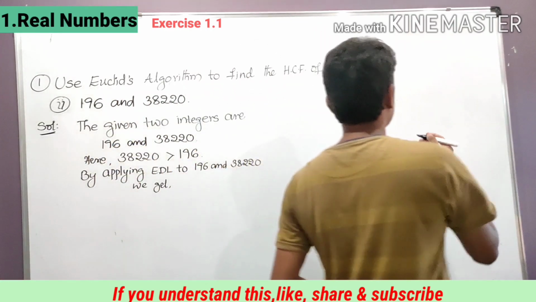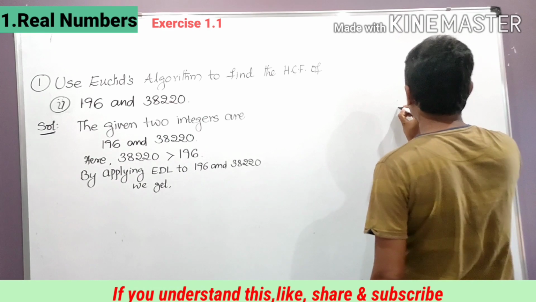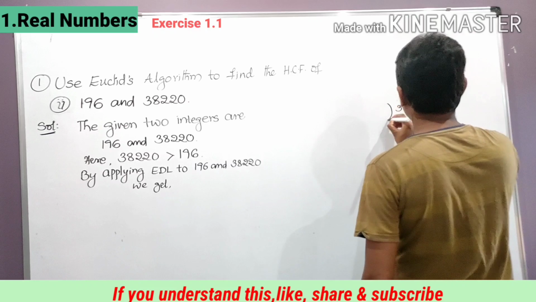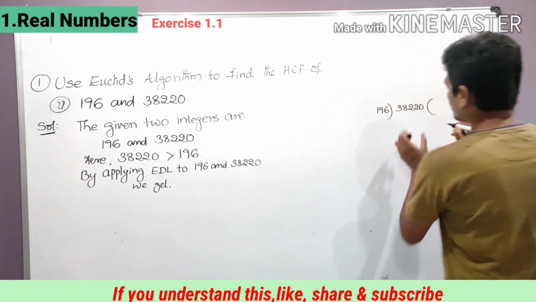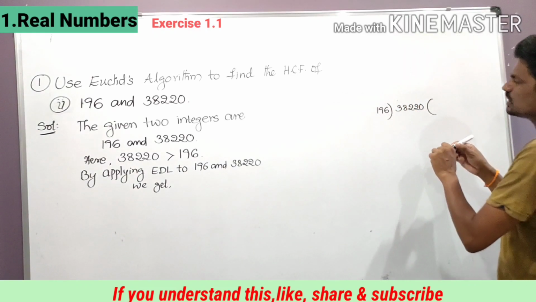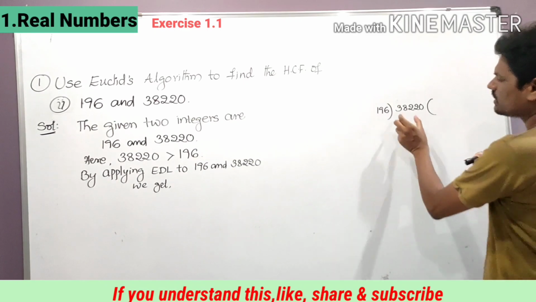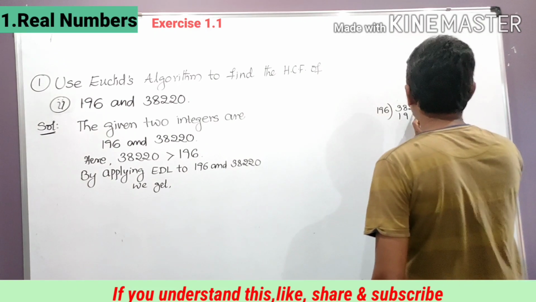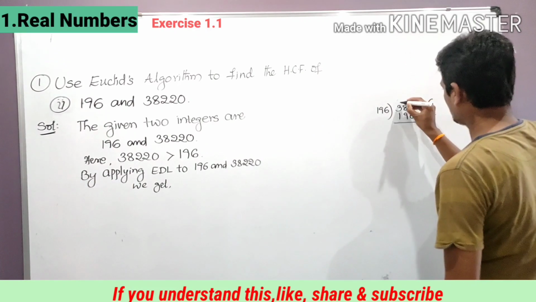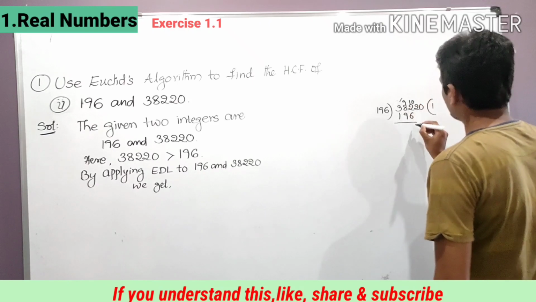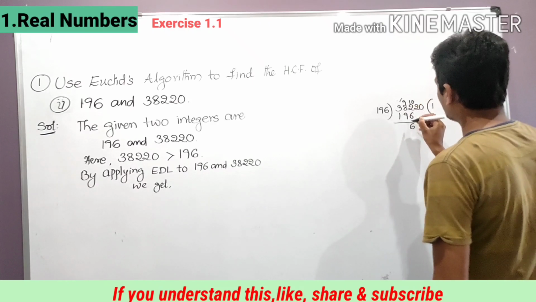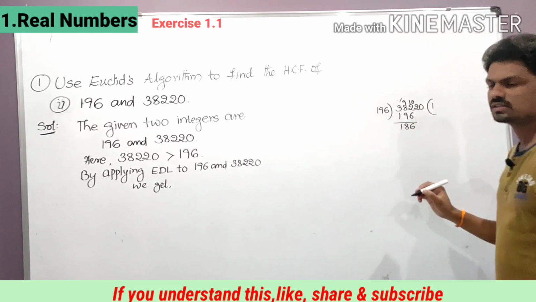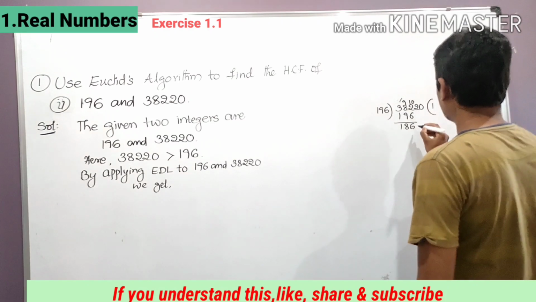So now I am dividing 38,220 by 196. So 38,220, now we have to divide with 196. So see student, up to 3 digits we have to take. 196 into 2 we can get 392, student, but here it is 382. So it goes only one time. So write 196. So take from here 9 and 10. 12 minus 6 is 6, student. 9 minus 9, here 8 will be. So 2 minus 1 is 1. 186.